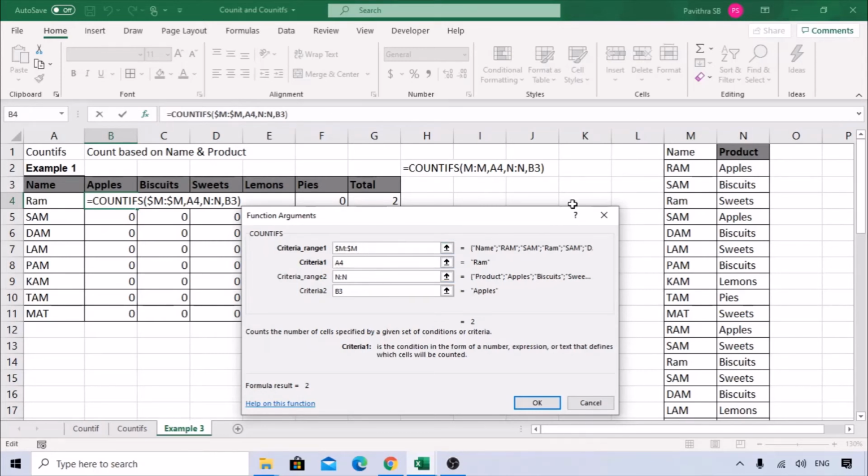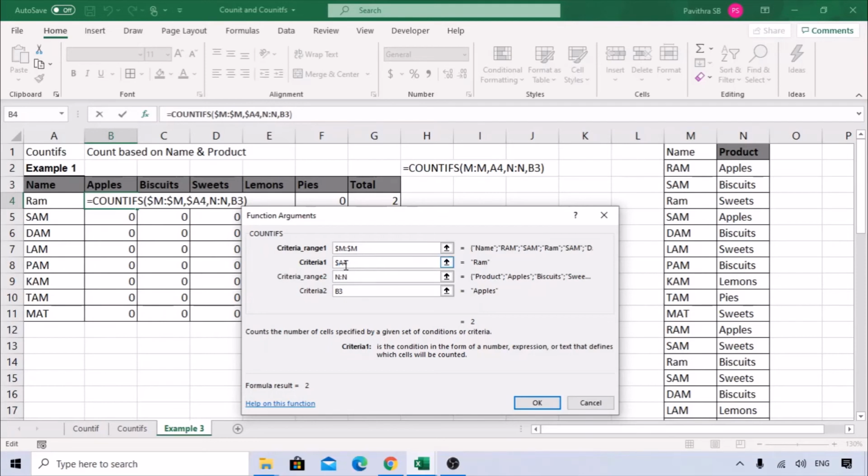Again, for the criteria, A4 is nothing but Ram. If you copy the formula to the right, the column A should be constant, but the row number should change.